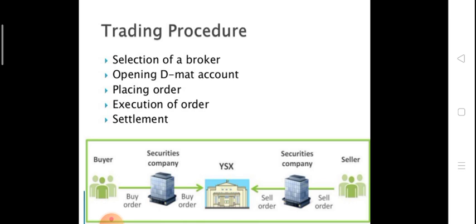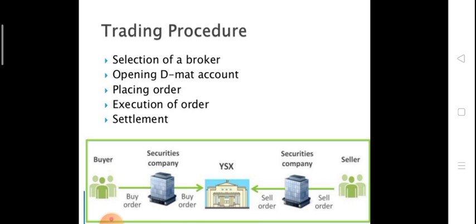A demat account is like a saving account which we open in a bank. We open this account in SEBI or any stock exchange. A bank account is for money, and this demat account is for holding securities. After opening a demat account, we place an order for this share of that company. Let's take an example: 100 shares of Reliance company and 50 shares of Tata company. So we place an order,